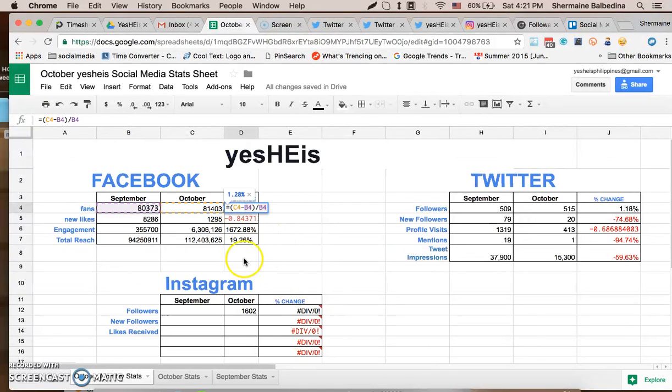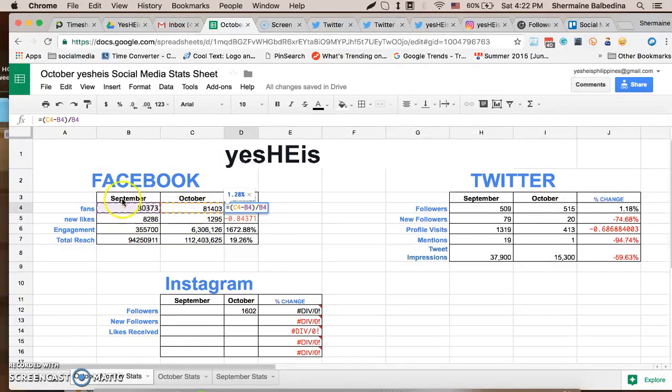So present month, or the current month that we are getting the data, is October. So C4, minus B4, B since we are getting the September results of funds, B4, divided by B4.